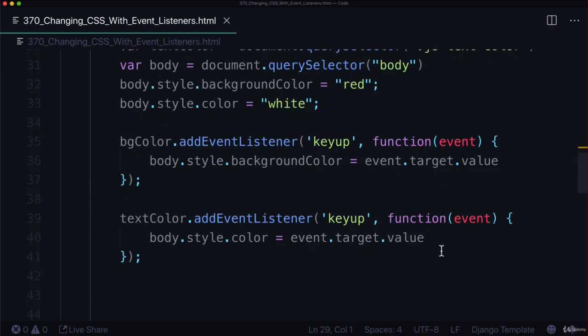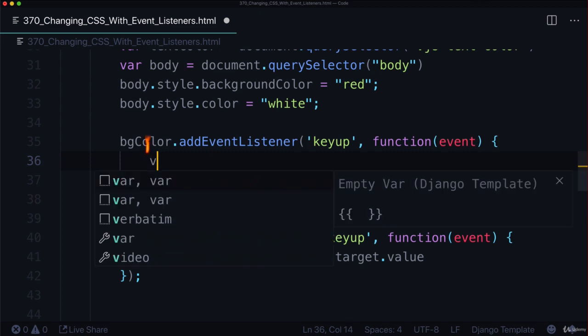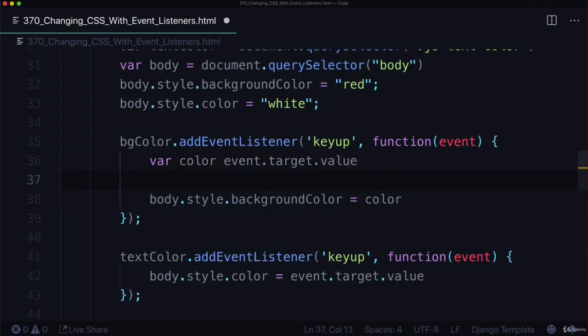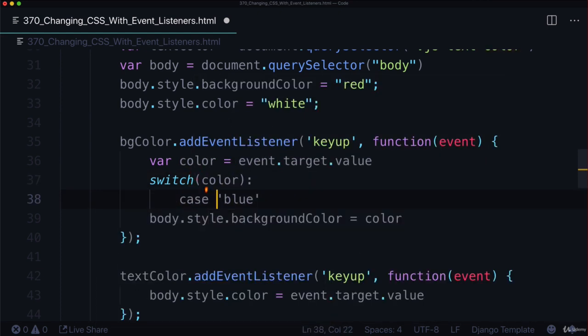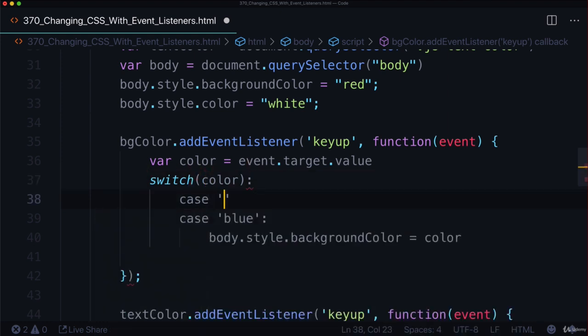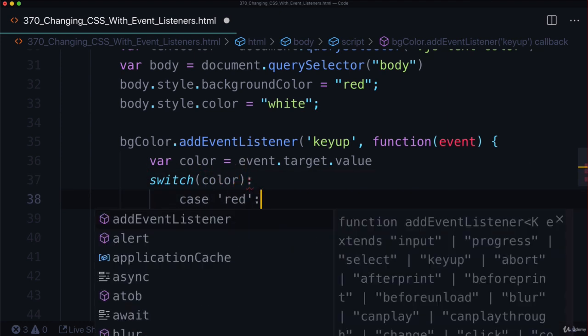Now we could take this one step further and we could say, hey, maybe background colors can only be a certain color. So let's go ahead and add this as a variable so we don't have to type event.target.value all the time. And let's do an if statement. Better yet, let's do a switch statement. We haven't seen this too much yet. So switch the color, we actually need to assign that. Let's do case is equal to blue, and we could do that. In fact, we could actually even stack these together. So this is kind of interesting. Blue, red,